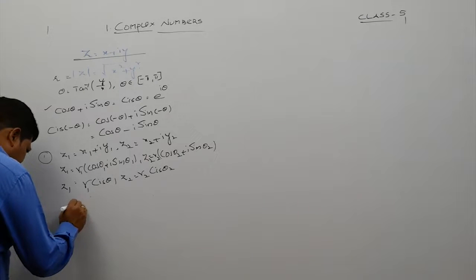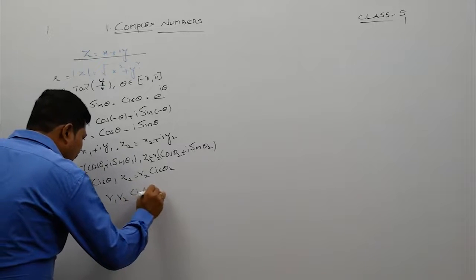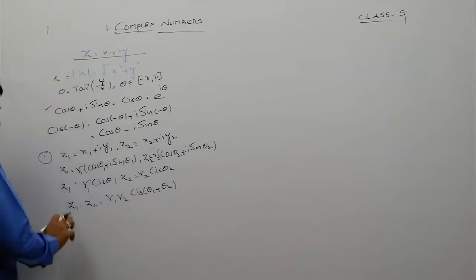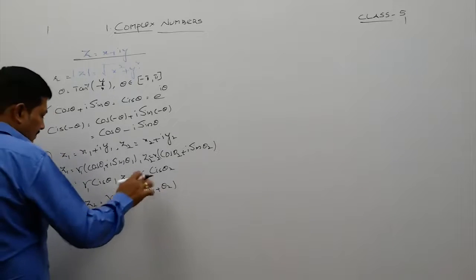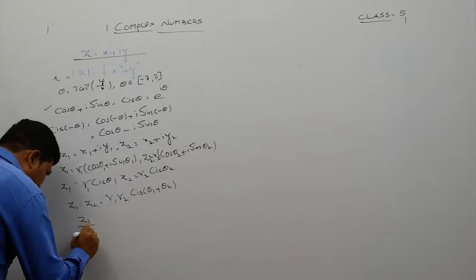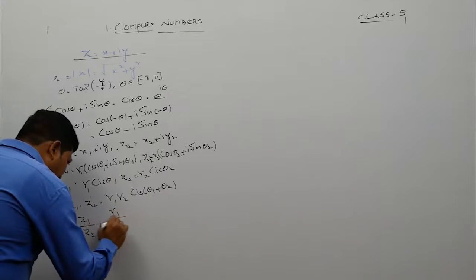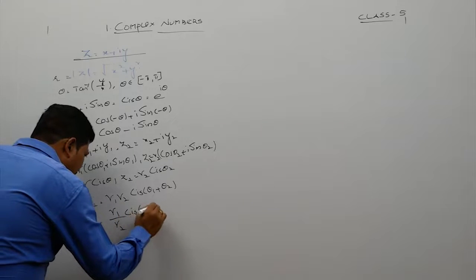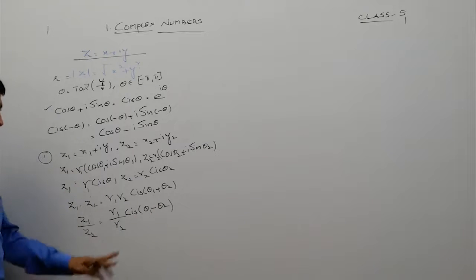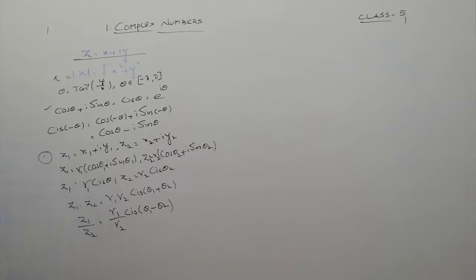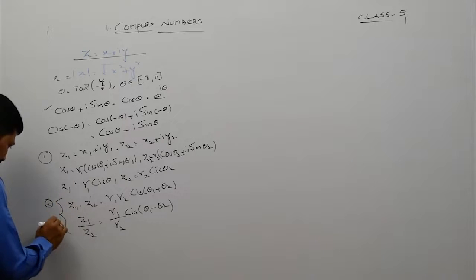Now z1 into z2 is equal to r1 into r2 into cis of theta 1 plus theta 2. So here the product on the left hand side in terms of cis is distributed as a sum, cis of theta 1 plus theta 2, and next one z1 by z2. z1 by z2 is equal to r1 by r2 into cis theta 1 minus theta 2. Again here the quotient, the division is distributed to the difference, and we can write this one as cis theta 1 minus theta 2, and these are the two important points you must remember here, 2 as well as